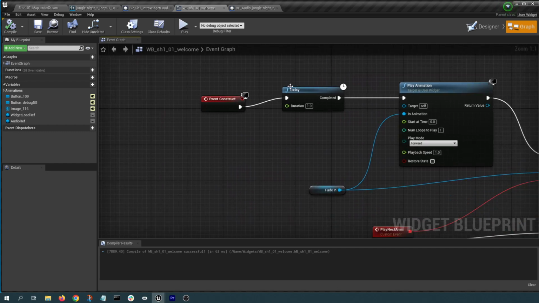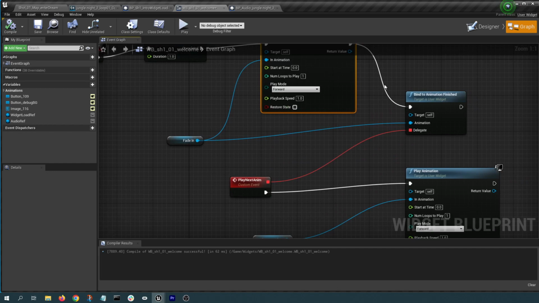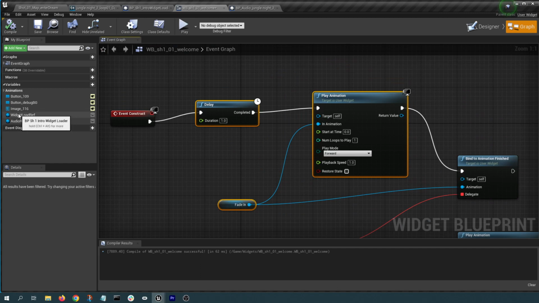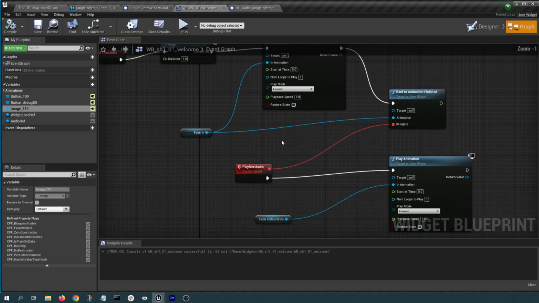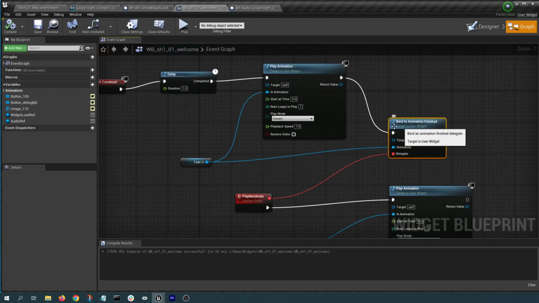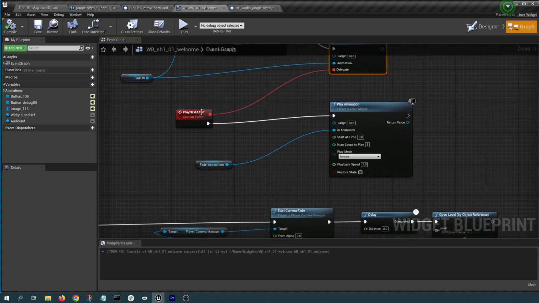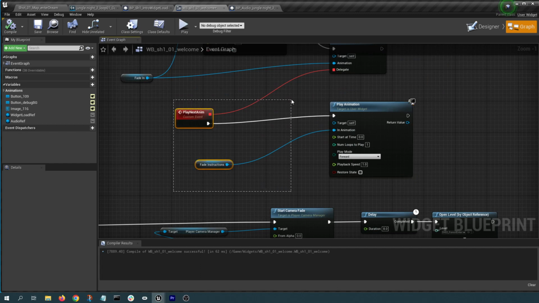On construct, there's a delay. It plays an animation and fades that in. I think a bunch of images, yeah, and a bunch of text. So that's what that is. And then after that, it fades out. Bind to animation finish, when that's done fading, then it fades in the next set of animation, which is another simple fade in,